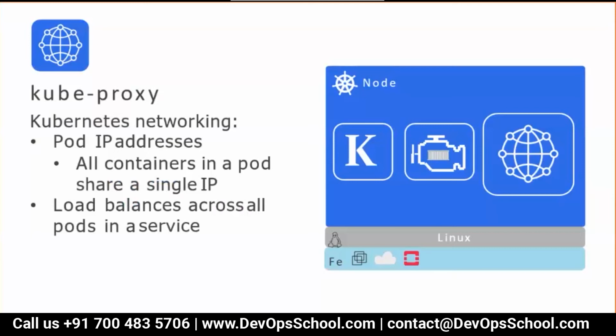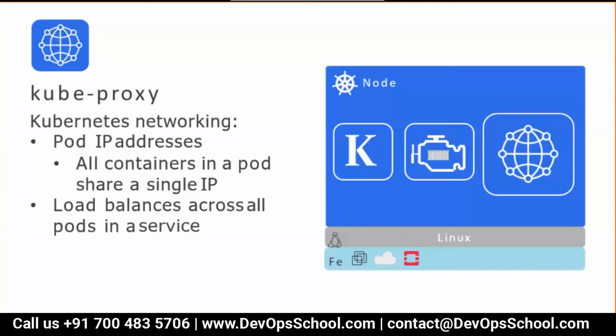Yes, that's correct. Pod. Now what is a pod? We have not discussed so far. We will discuss in some time in detail. But kube-proxy allocates the IP address to the pod, and inside the pod you have a container. So if you want to access the container, you have to access it through the pod IP address. You may have multiple containers in the pod, so all the containers in the pod can be accessed by the IP address which is allocated to the pod.